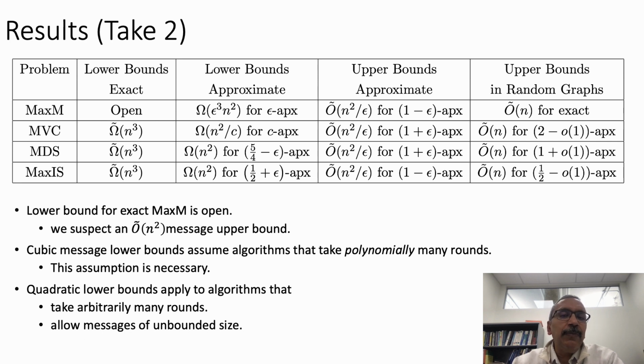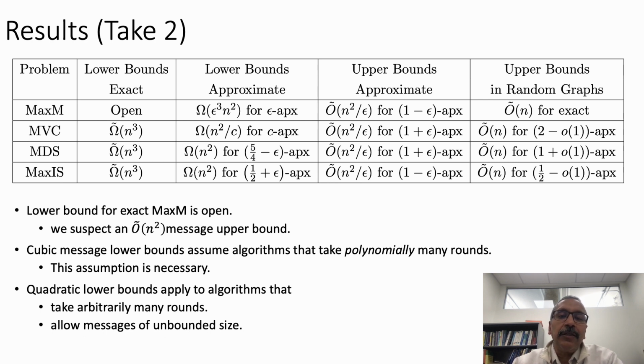And in fact, we suspect that maximum matching may have a quadratic message upper bound. I also want to mention that these cubic lower bounds are only for algorithms that take polynomially many rounds. While this is a mild restriction, it is also necessary. We in fact know that if we allow exponentially many rounds, it's possible to solve all of these problems in